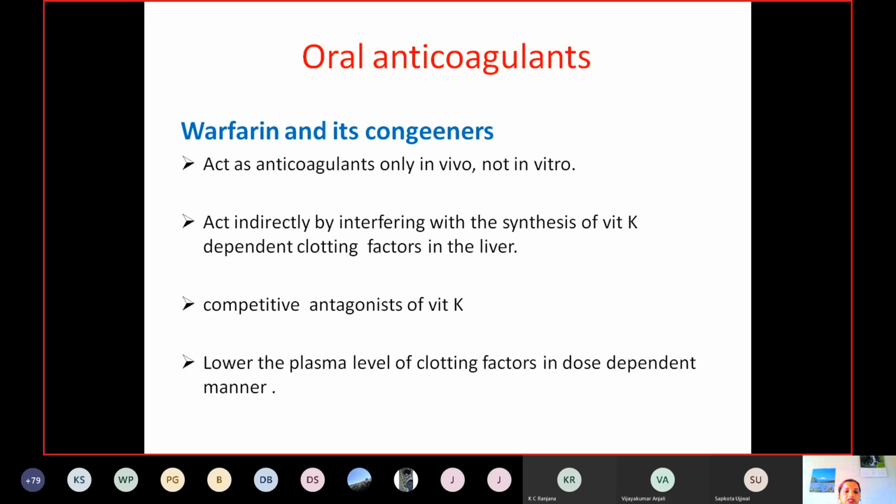Why? You should know this reason, because warfarin acts by indirectly interfering with the action of vitamin K. Vitamin K is required for the activation of different clotting factors, that is factors 2, 7, 9, and 10. These factors are activated only by vitamin K in the liver, so we cannot use this drug outside the body. So warfarin can be used only in vivo, not in vitro. It acts as a competitive antagonist of vitamin K,